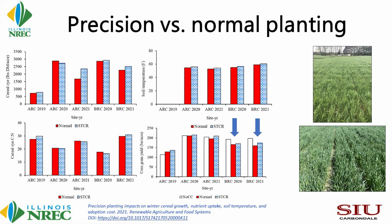So what we found is that the biomass was completely the same. That's that figure. The soil temperature on the row of the corn row was warmer, which helps with germination, which will allow for a little bit quicker growth early in the season. The C/N ratio was the same, and then one thing we saw in the corn yield, in 3 of